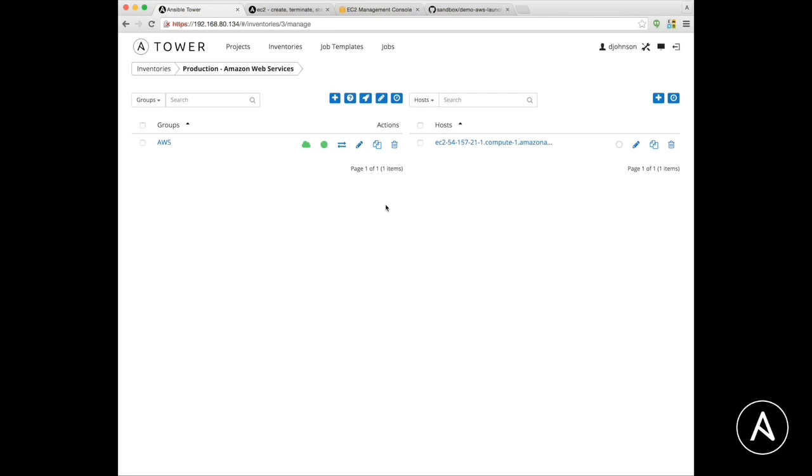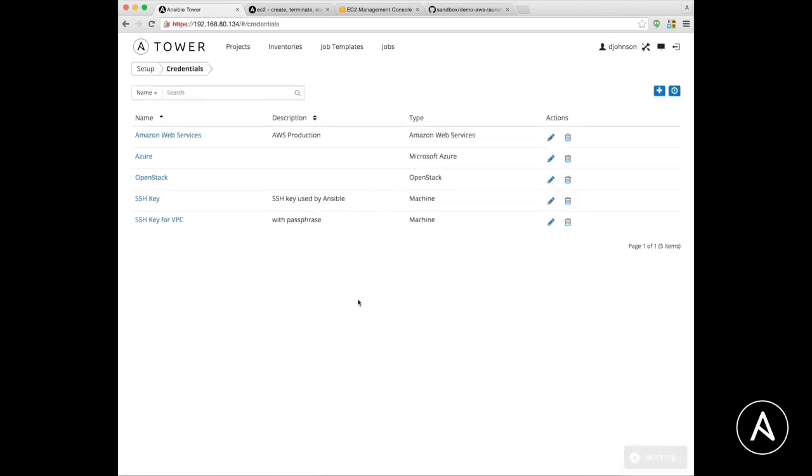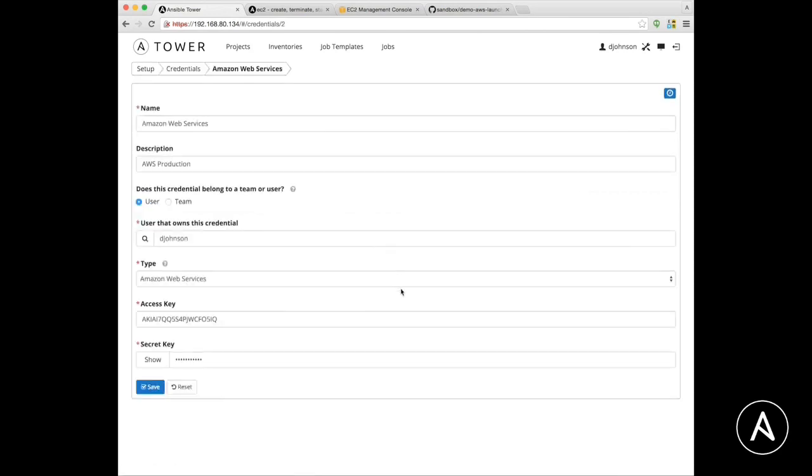Now I mentioned that I had attached my AWS credential to this inventory group. This is an important value of Tower above and beyond Ansible on the command line. Credentials are imported into Tower and are not retrievable in plain text by any user. Here you can see that I have previously imported my Amazon access key and secret key, the same ones we